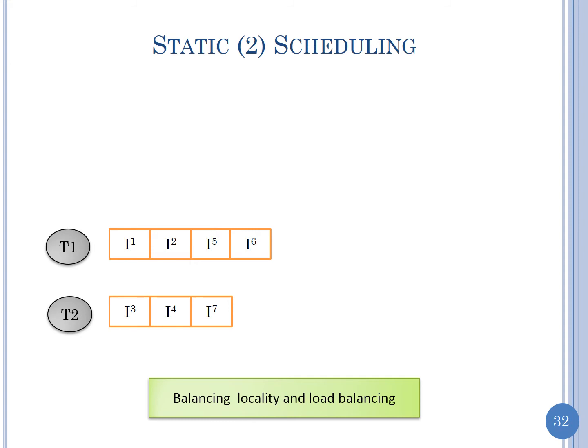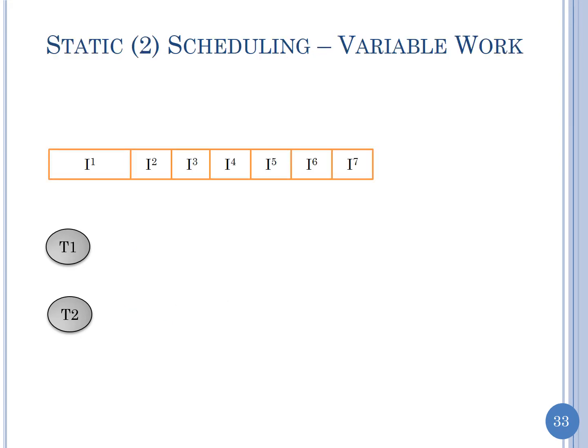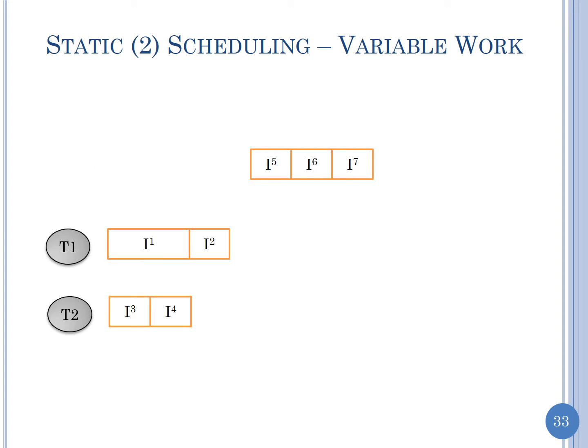Are we really guaranteed load balancing if we evenly divide the iterations? Not necessarily, because some iterations might be more expensive than others. You see a word here, static. I never described what static meant, so let's go to an example here. My I1 iteration is bigger than I2 and the rest. So we see here that T1 gets assigned I1 and I2, T2 gets I3 and I4, and at this point, when T2 finishes I4,